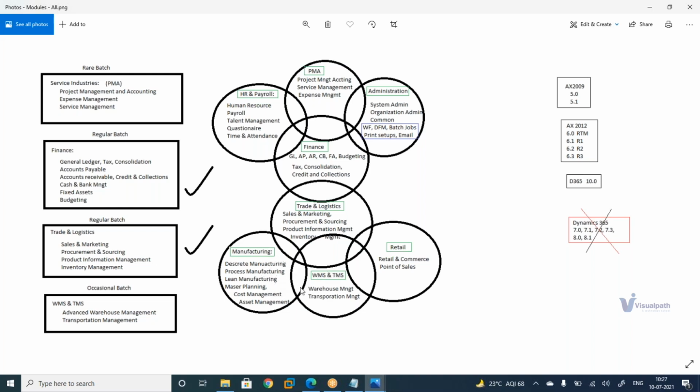To be frank, I'm not a manufacturing consultant, because if you want to become an expert in manufacturing, you should come from domain knowledge. You need to work in a manufacturing company, but that is not my case. So I know some extent about manufacturing, like discrete manufacturing and process manufacturing. Whenever I'm teaching this, I cover 30-40%, not all, so that the entire thing is covered. Okay. Got it. All right.